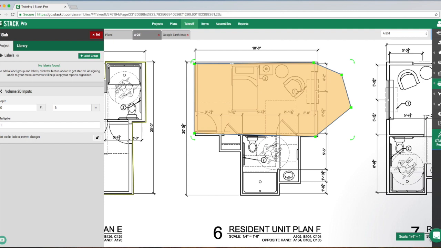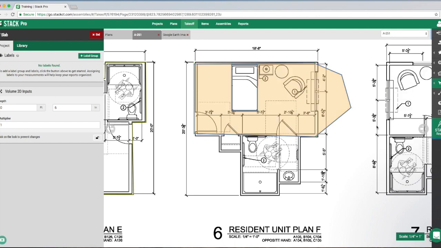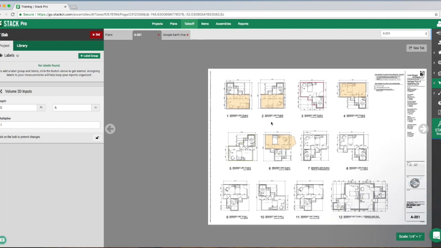So I'm going to do one click up here, drag that across, double click there, and then the software is going to remove that area and then automatically subtract that square footage and the cubic yardage for you, which is pretty cool. If we wanted to multi-select, say that we drew these two with an incorrect depth, I could go